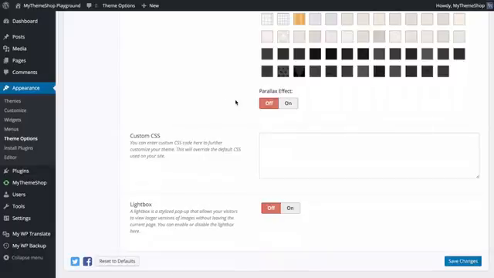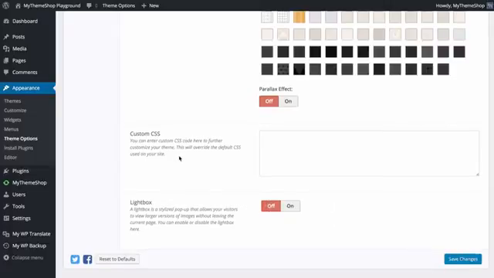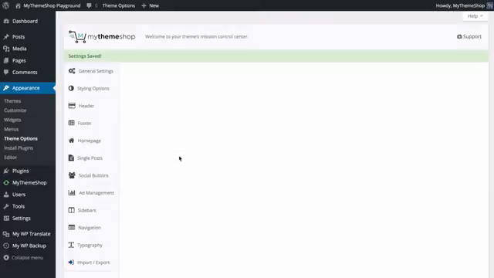You can also enter custom CSS here to further customize your theme, and this will override the default CSS used on your site. Finally, you have the option for a lightbox. Now, a lightbox is a stylized pop-up that allows visitors to view a large version of your image without leaving the current page. So if I wanted to enlarge an image, I could just click on it and I'm going to have that enlarged straight on the page. You can have this on or off. As always, save your changes once you're done, and you'll be able to see those changes immediately made on your